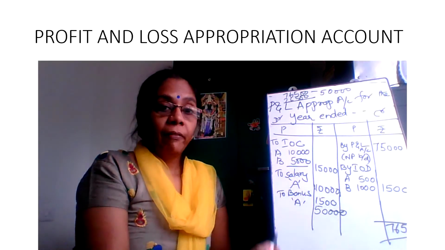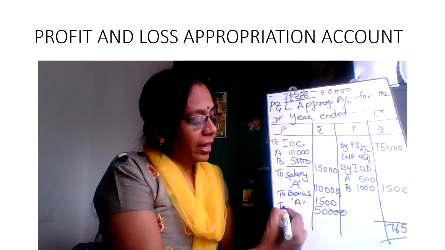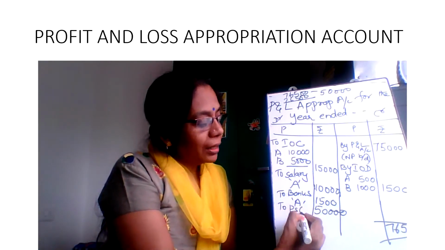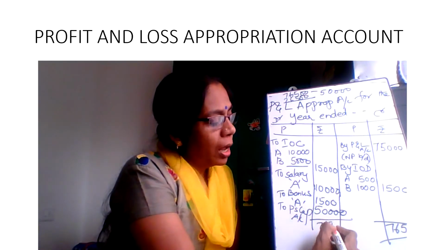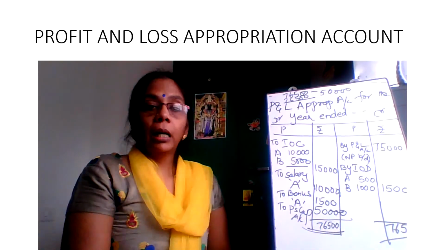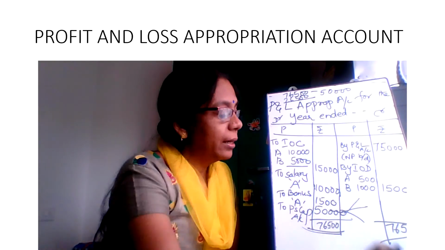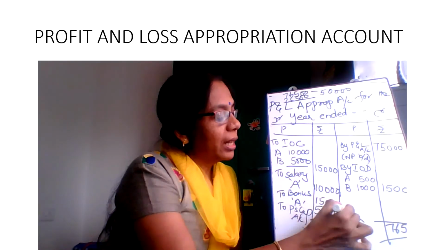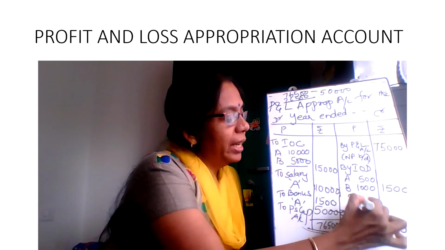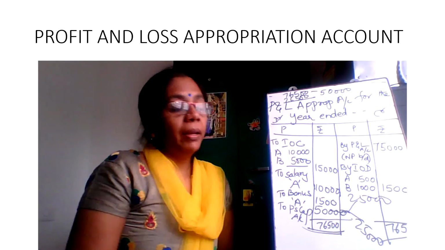Lesser side. Which is the lesser side? Debit side. So I must take this 50,000 to the partners' capital account. What should I post it into? Partners' capital account. And this 50,000 will be divided in the profit sharing ratio. Supposing that A and B are equal partners, A will get 25,000 and B will also get